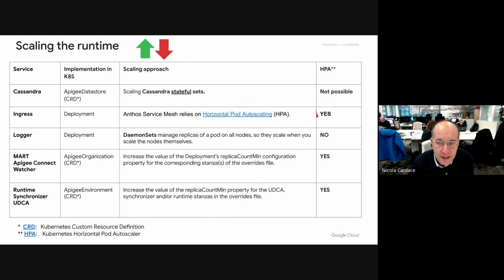All the others can be managed by the horizontal pod autoscaler, but not all of them, because some of them you don't need to, because they're already piggybacking on multiplexing, as we say. And they are shipping logs with the daemon sets. It's a type of deployment in Kubernetes, but this means you don't need to let them grow linearly. Some of them are concurrently helping all the other pods.